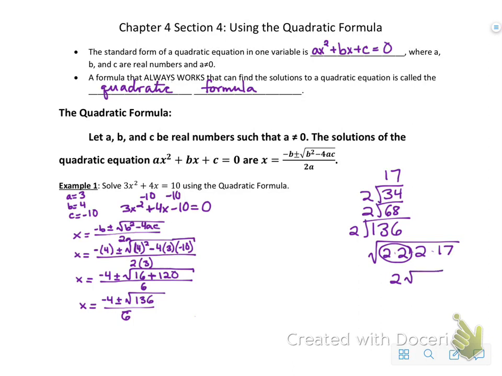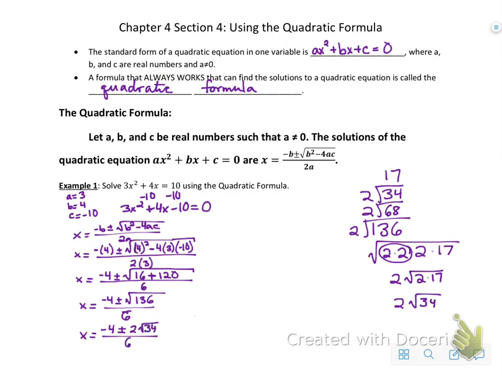We get 2 times the square root of 2 times 17. So let's go ahead and multiply those back together to get 34. Alright, so now we can take that and replace the square root of 136. So we have x equals negative 4 plus or minus whatever our thing was, which was 2 square root of 34